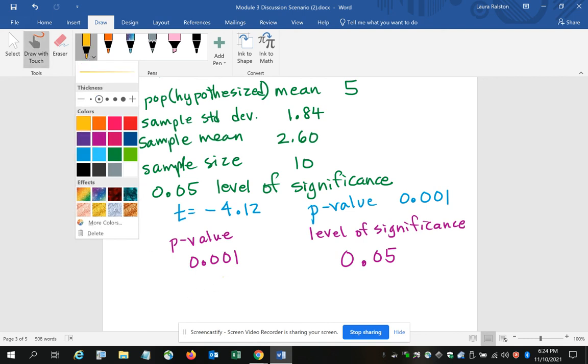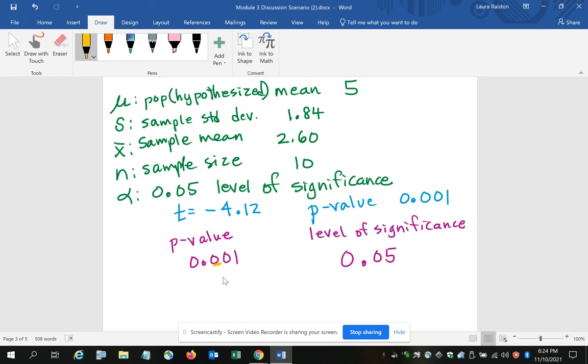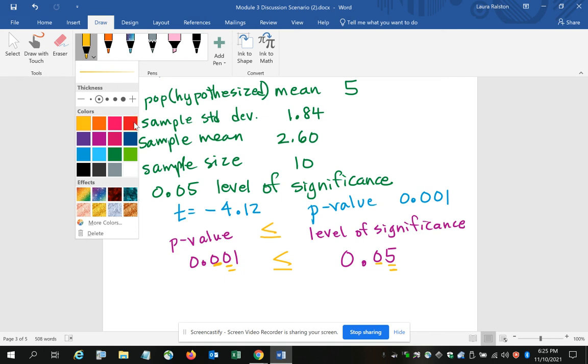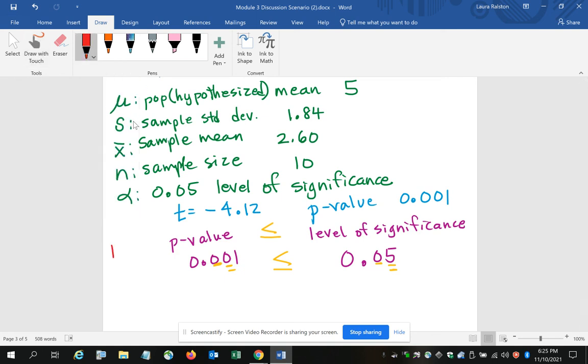First digit after the decimal, 0 compared to 0. Second one, 0 compared to 5. 0 is less than 5. So p is less than or equal to alpha. If p is less than or equal to alpha,